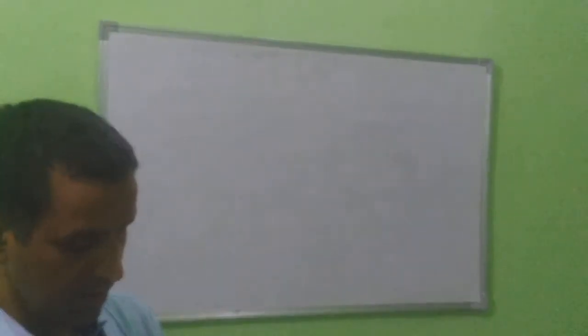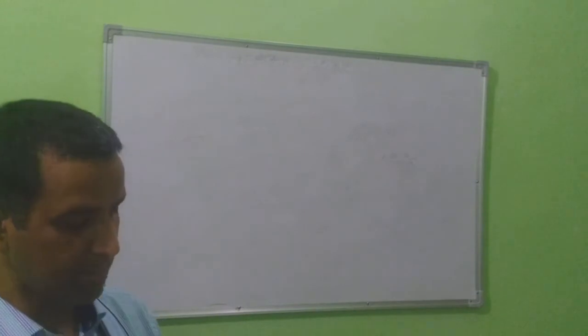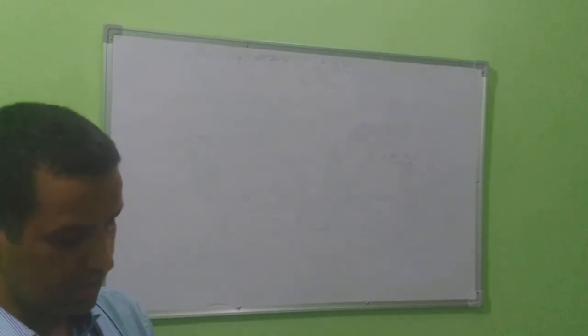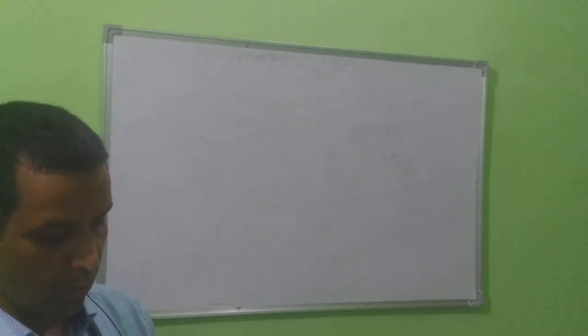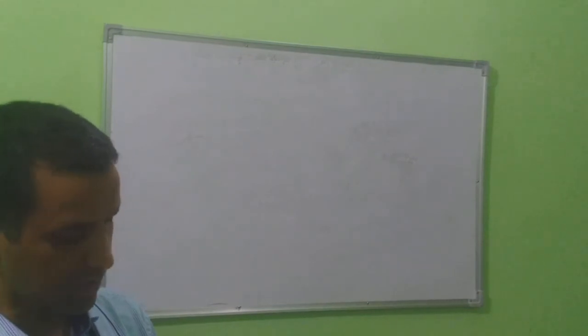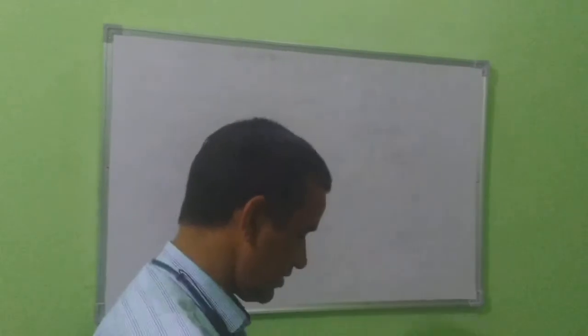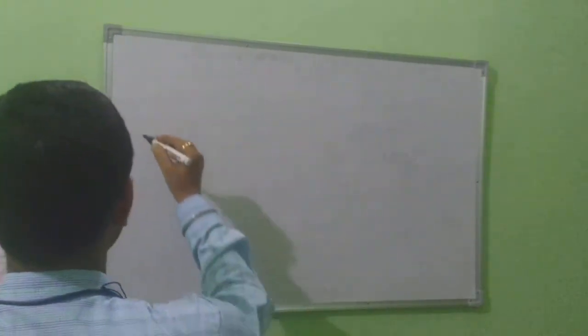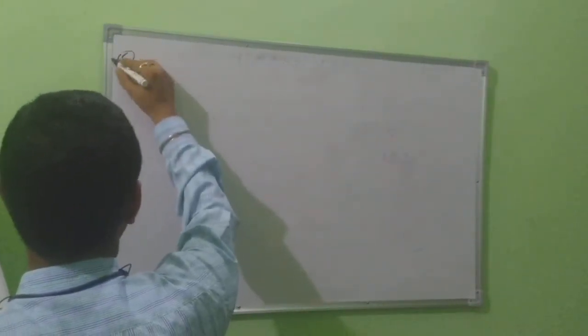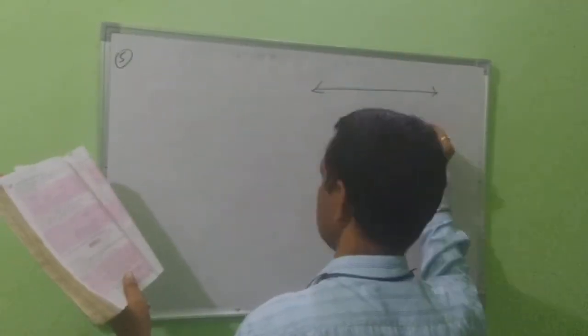Yes, student, next question. I am taking question number 5 here. If PQ and RS, the two lines, are parallel, then angle PXM equals 50 degrees, and the other angle equals 120 degrees. Find the value of x. Now first of all, draw the diagram, then we discuss the question here. Suppose this type of diagram is given,